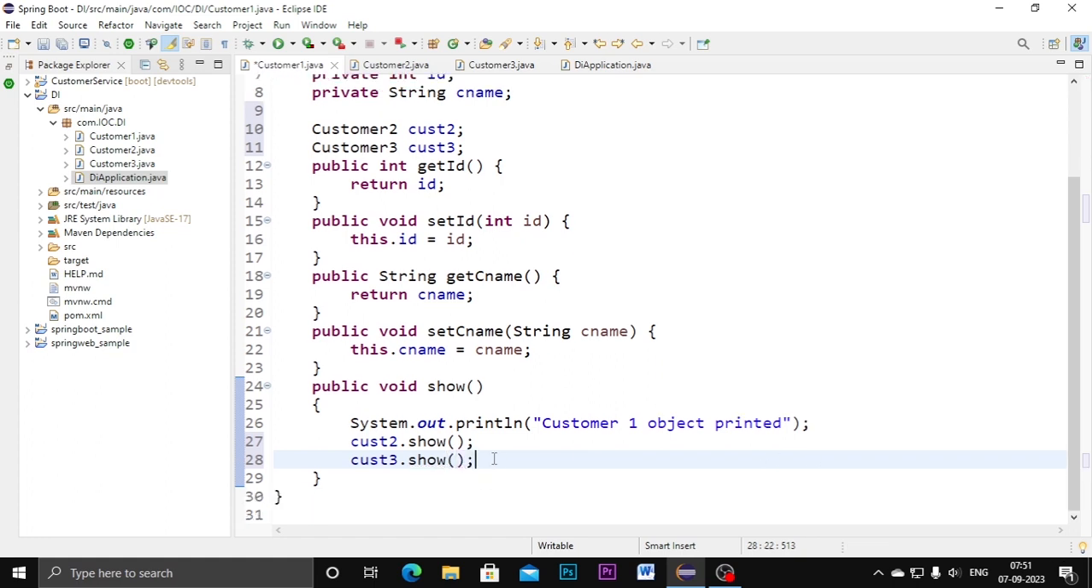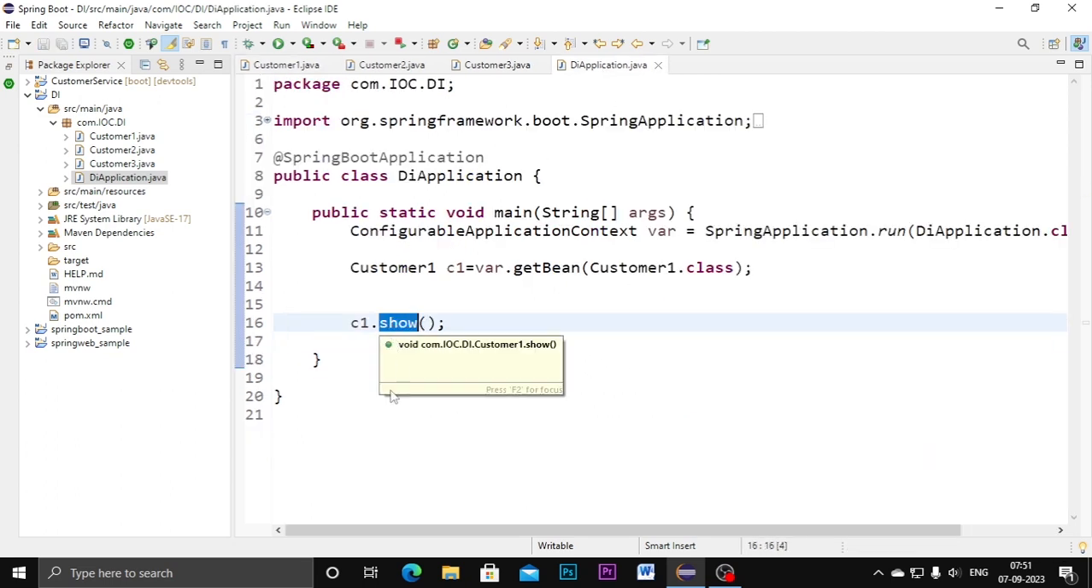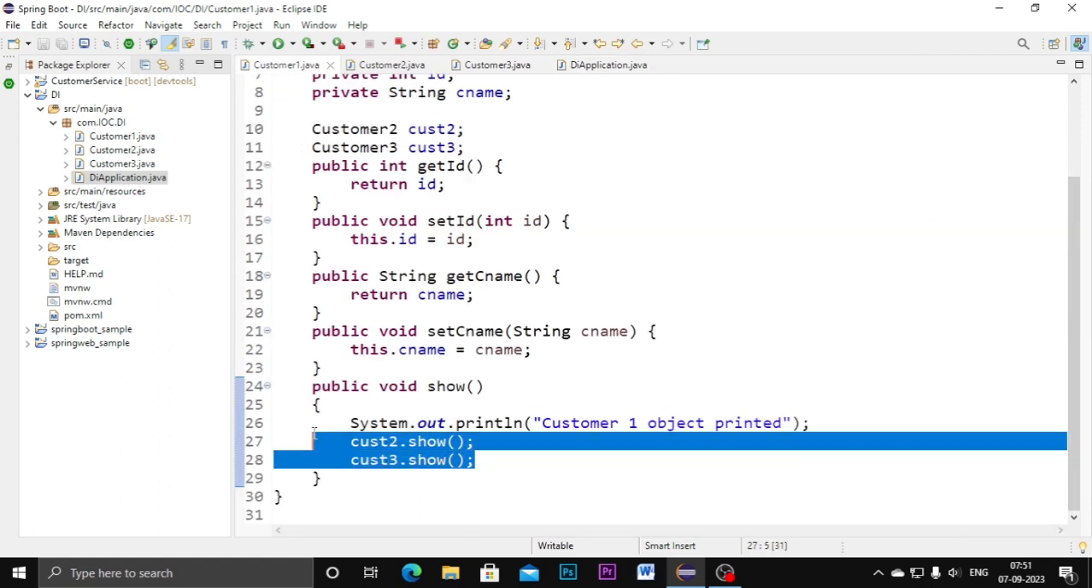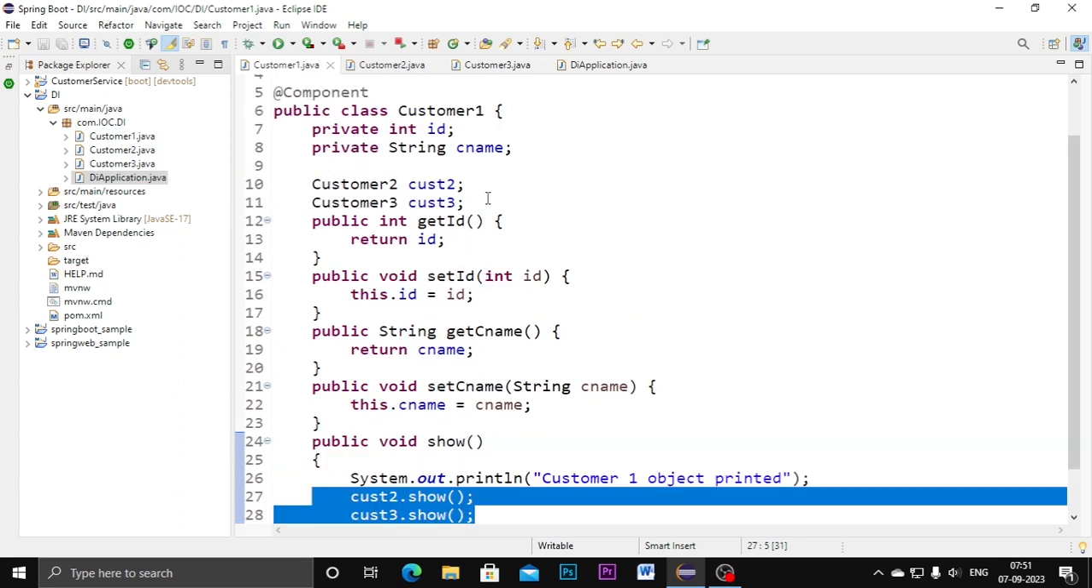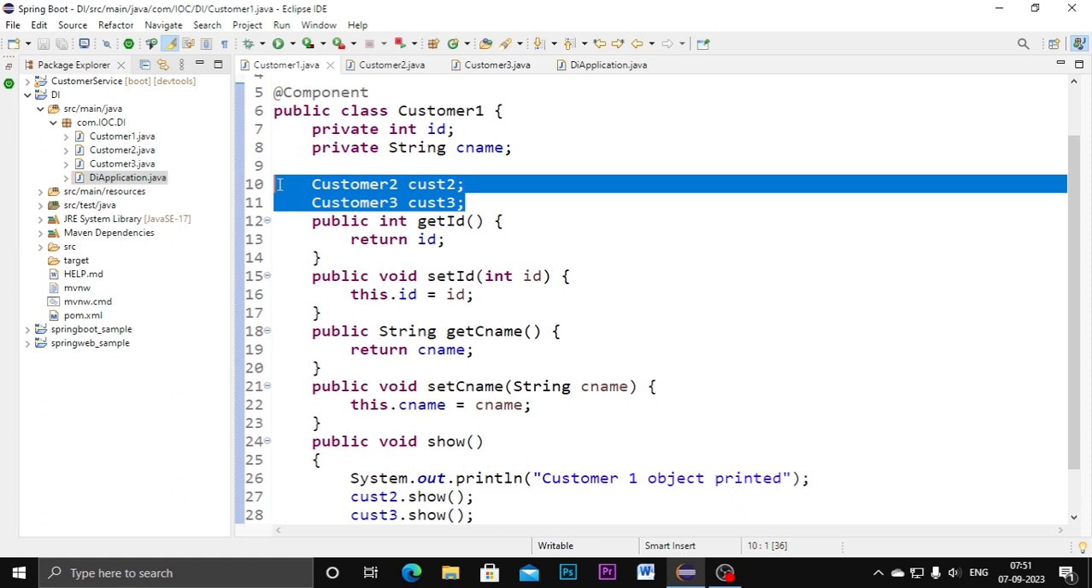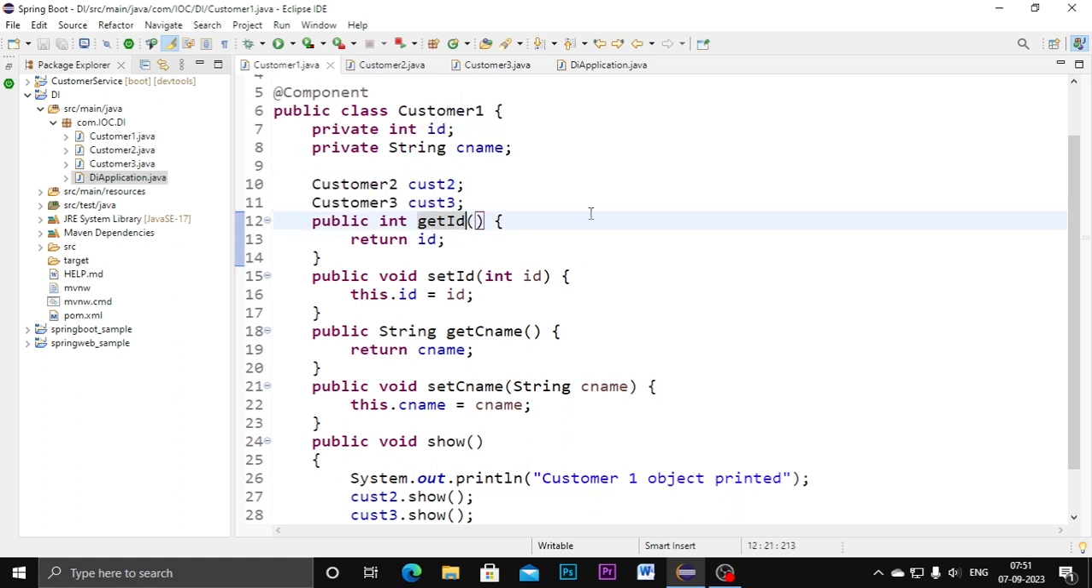So here I can call. It will be run in the main program. Once I call the customer class 1 show method, it will automatically call the customer class 2 and customer class 3 show methods, because I have given a statement for calling the show methods of customer class 2 and 3 inside this customer class 1, because here I am creating the objects for customer 2 and 3 inside the customer class 1. But the thing is, when I am running this program,